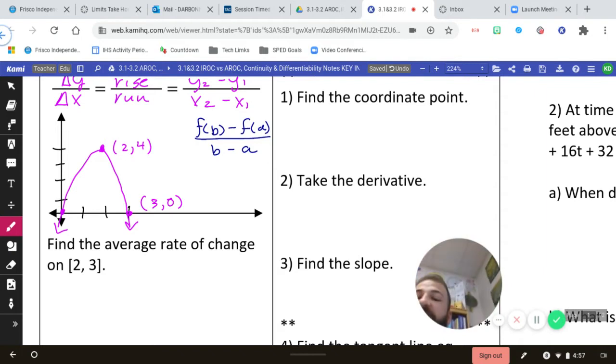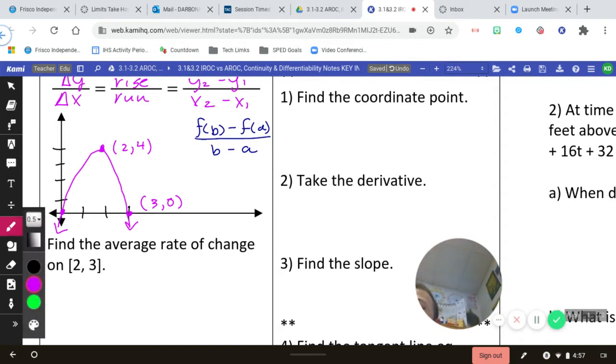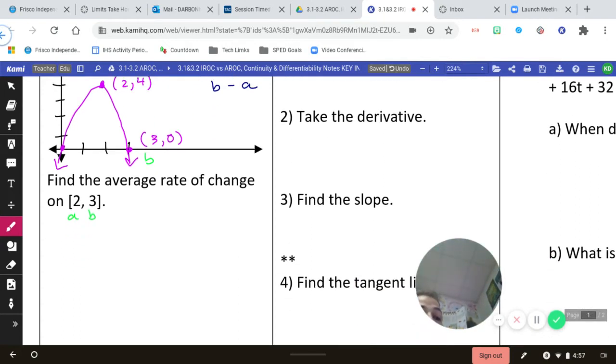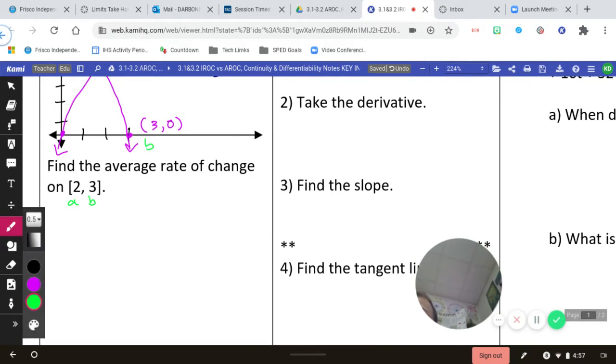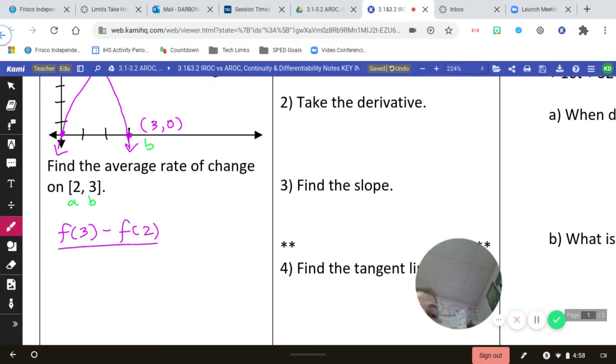So let's say we have this function, and I want to find that average rate of change on the interval 2 to 3. Well, 2 and 3 are my a and b. So I'm doing f of b minus f of a over b minus a. So I would do f of 3 minus f of 2 all over 3 minus 2,